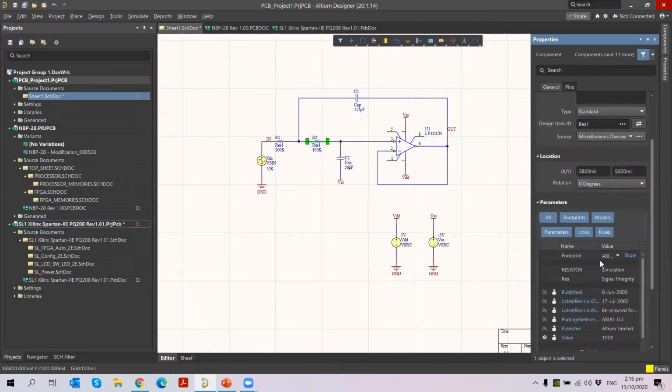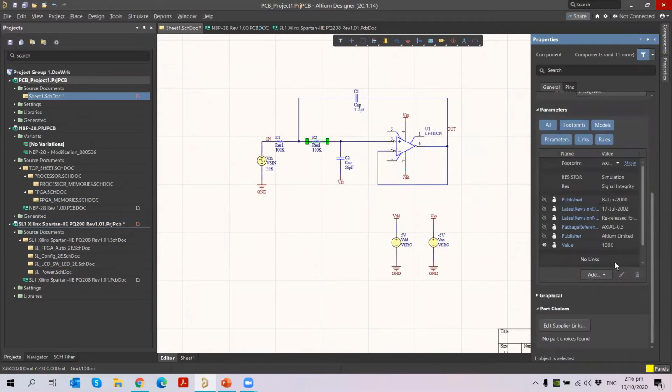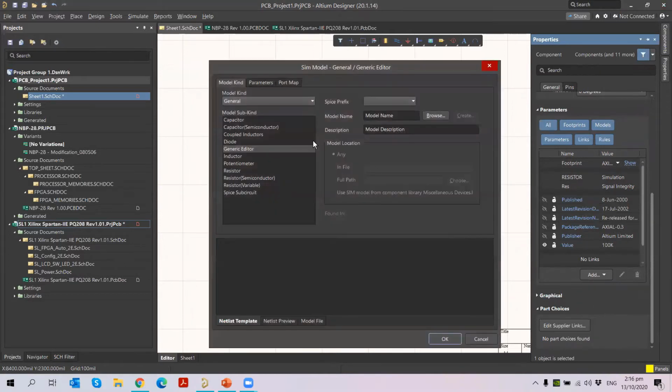For the resistor, you can also see the simulation model here. If you want to add a simulation model, for example, as I told you before, for your design, you can add it here. Under the add button, you can go for simulation. Clicking on simulation will help you add the simulation model.